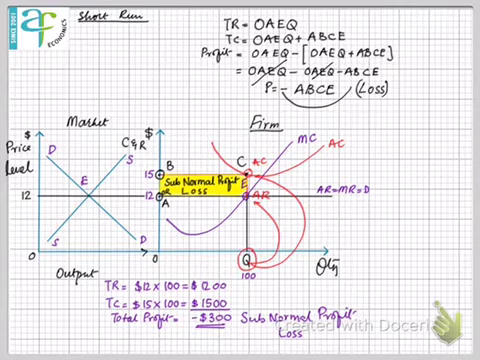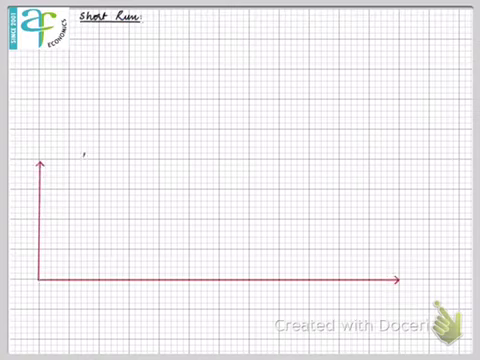So firms can even earn losses in the short run, and a firm can survive in loss if the firm earns at least average variable cost. Then the firm can continue its operations. Now, firms can also earn normal profit in the short run. So in the market,